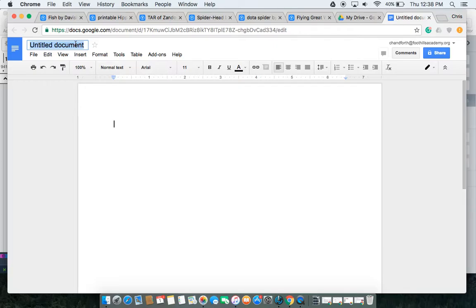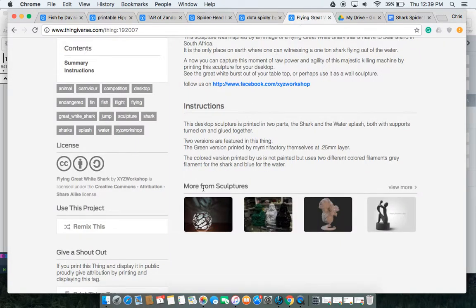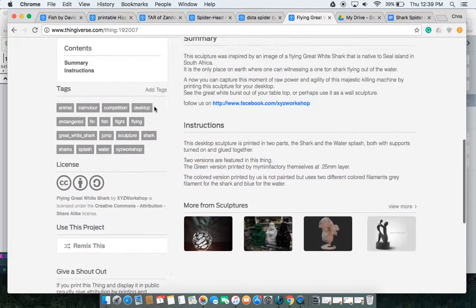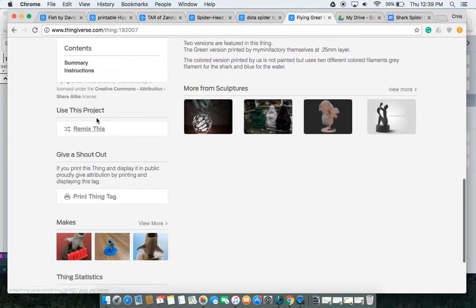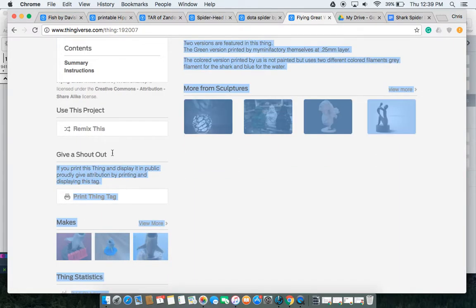Think of this as being like a bibliography for your work. If you've recombined models, you're going to show them here. So I'm going to title this document Shark Spider Licenses. In this document, I'm going to put tags from all of the models that I used in order to make this shark spider. This is another nice thing about Thingiverse. If you scroll down past the license all the way to the give a shout out box,